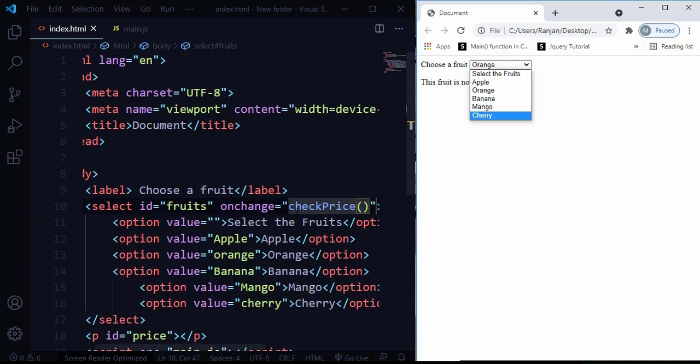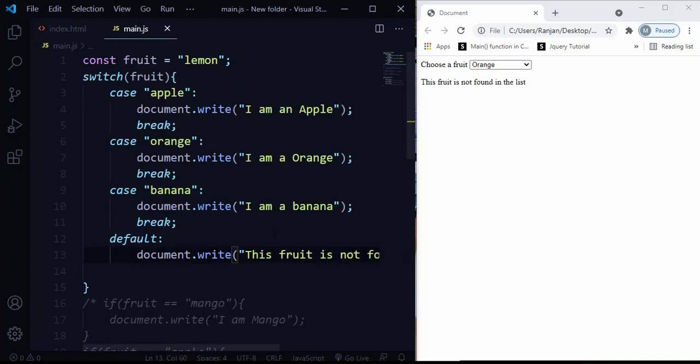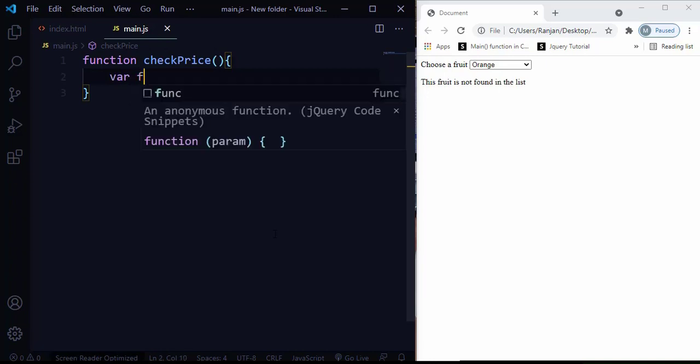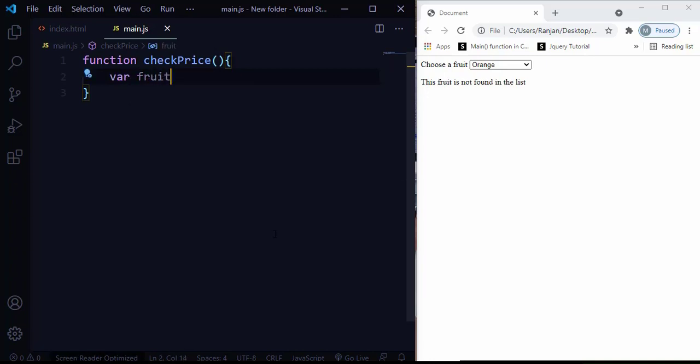So what I'm going to do here, let me just copy the name of the function so that I can create one here in the main.js. So let me clear this part. Here I'm just going to create a function. The name of the function would be checkPrice. So inside this function, what I can do, I can create a variable. Let me say fruit equals, I'm going to use